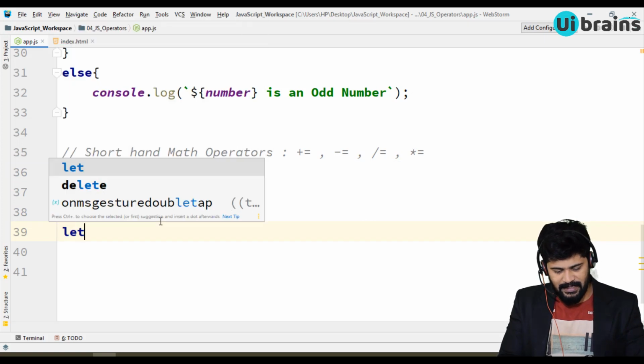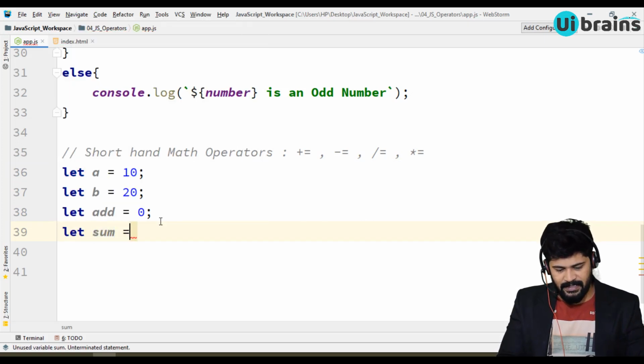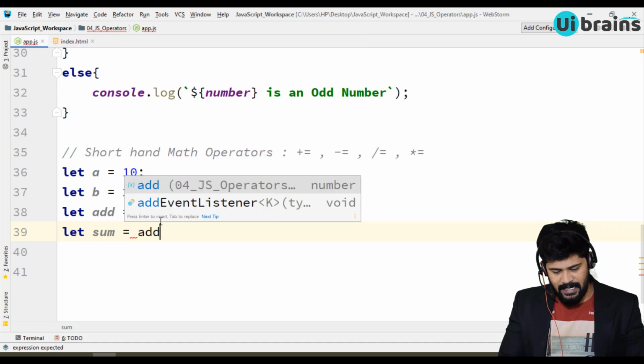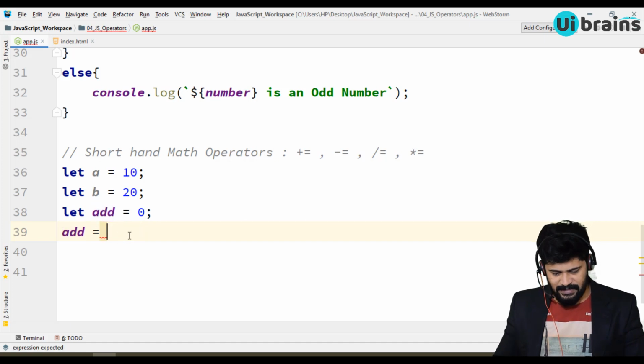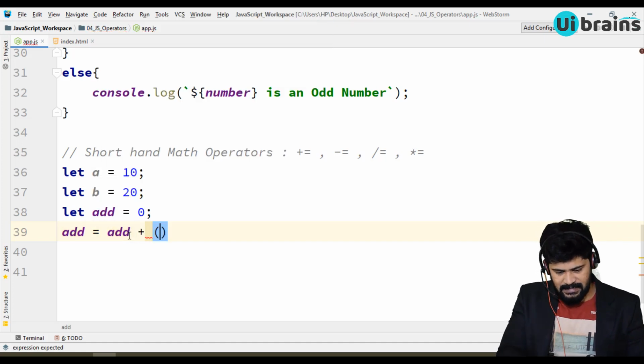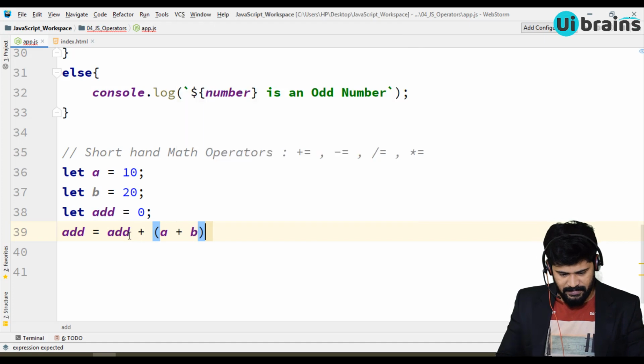Next, what I'm doing: add is equal to, but never write let again, because redeclaration is not possible, so don't write let. Add is equal to add plus a plus b.